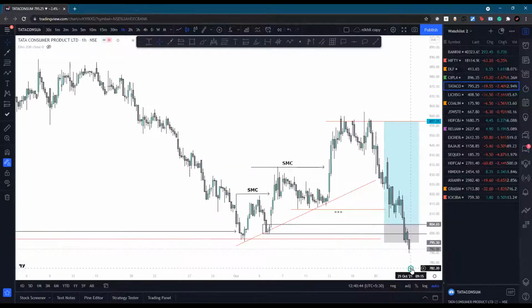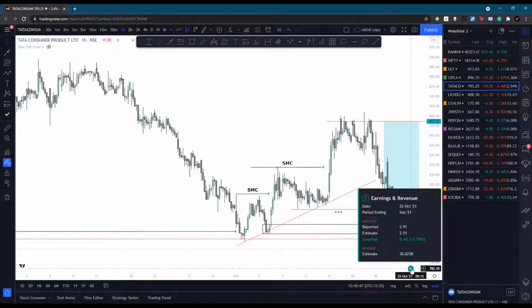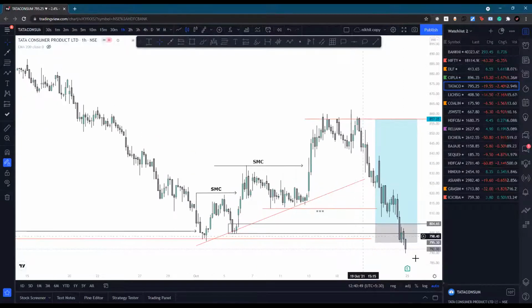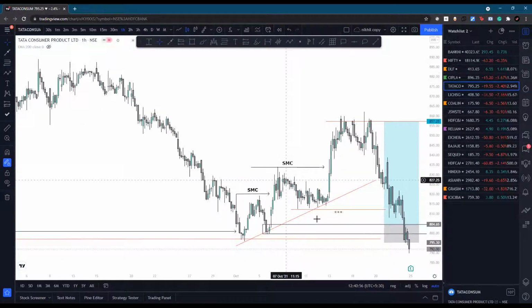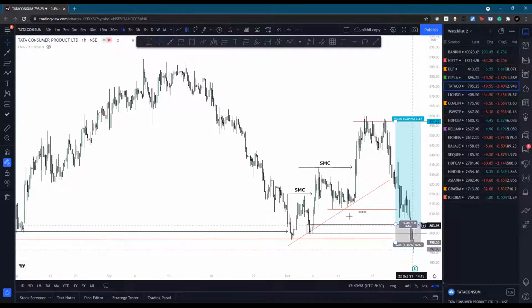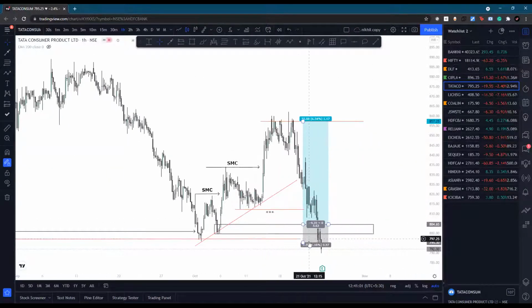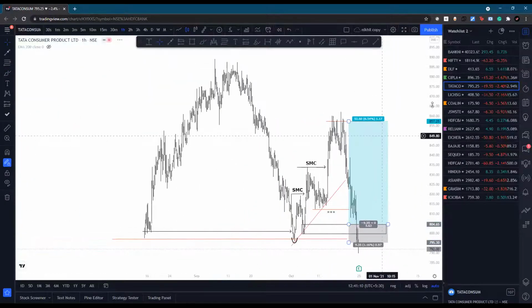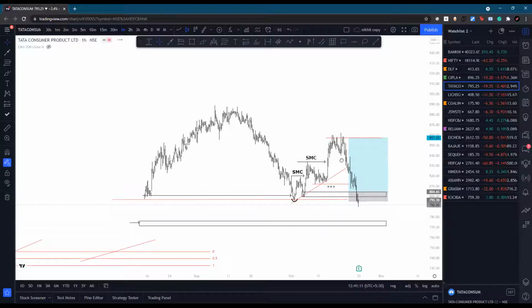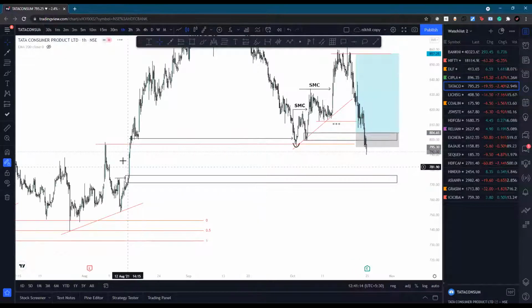Tata Consumer, we had our result on 25th, okay, and I guess it has surpassed its estimation by 15%. Actually, I have bought around 805, and my stop loss was 795, this low, but it even came lower. I'm still holding, expecting it to bounce from those levels, but there is a fear of doubt. Okay, we have this imbalance too.